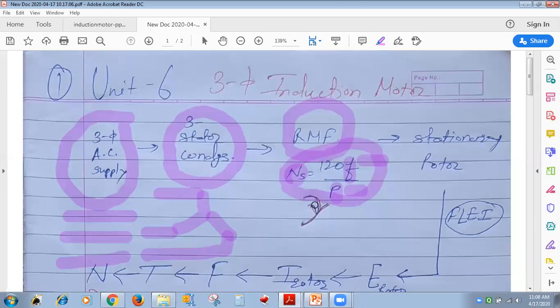Consider this is about its magnitude, 1500 RPM. Now, what about its direction? Its direction is always from the leading phase to the lagging phase. Whenever we say this is the R phase winding, Y phase winding, and B phase winding, and if I say the phase sequence is RYB, what does it mean? Which phase leads which phase? Does R lead Y or does Y lead R?